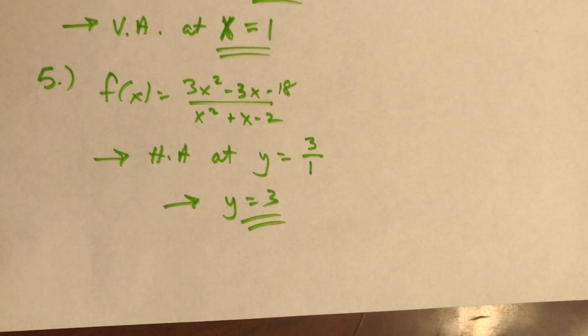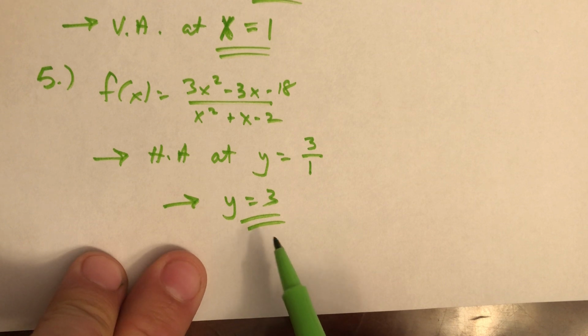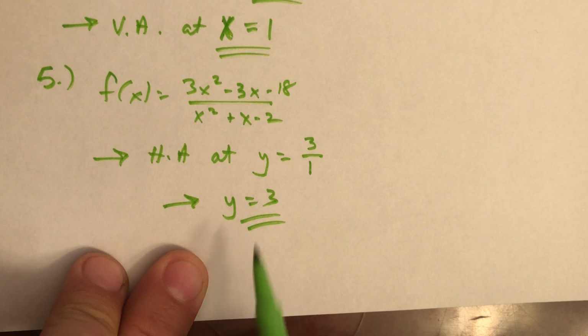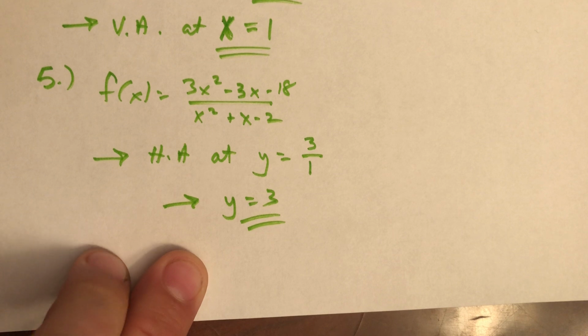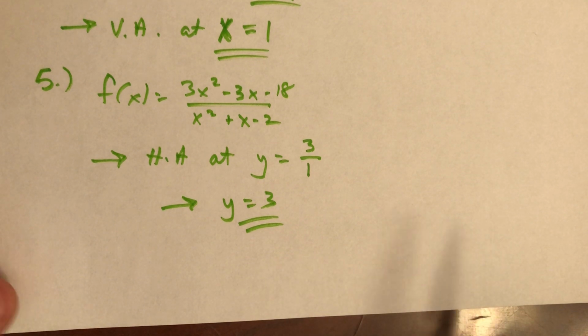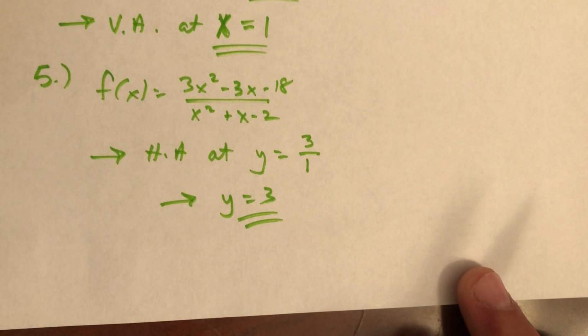So something that kind of gets glossed over, and maybe I will try to build this into a future example, is whether or not this function crosses the asymptote. There's nothing that tells us that functions can't cross horizontal asymptotes, right? They're not domain restrictions in the same way that vertical asymptotes are. Vertical asymptotes can't be touched by a function, well, because they're domain restrictions, right? But horizontal asymptote, it is entirely possible to touch a horizontal asymptote, and we can check real fast whether or not it does